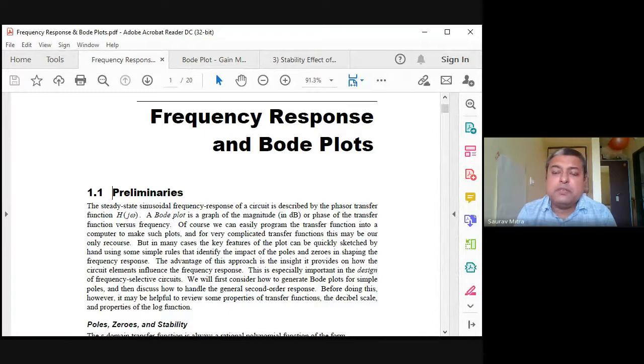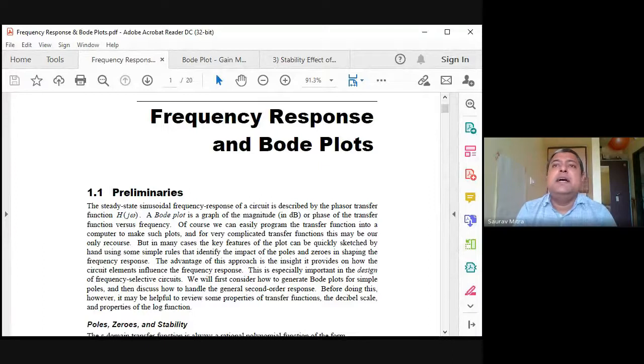In case of Bode plot, you have to understand that gain less than 1 means the system is stable, and gain greater than 1 means the system is unstable. Gain greater than 1 means output is greater than input. In that case, the system becomes unstable. Gain less than 1, decimals like 0.2, 0.3, 0.4, 0.01, all those are stable.